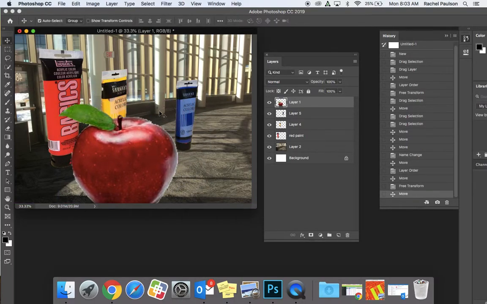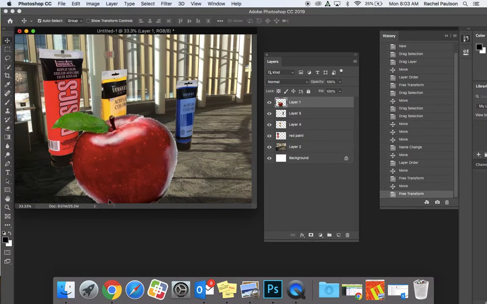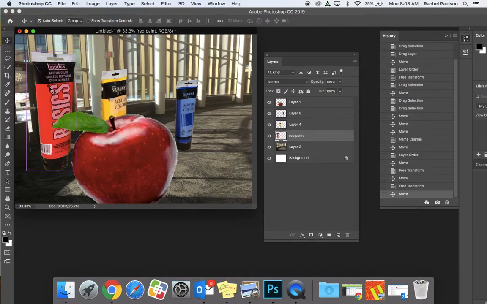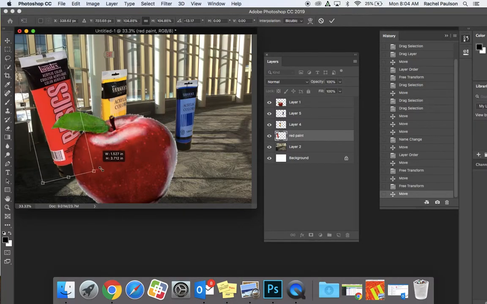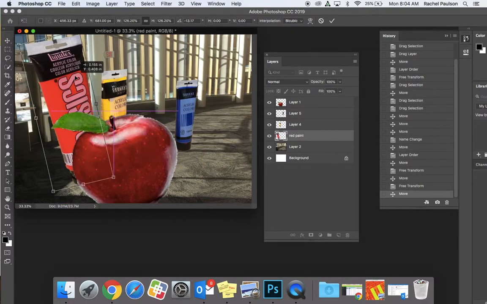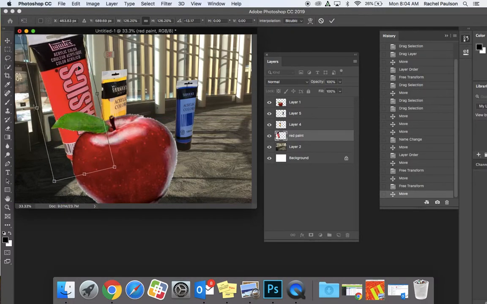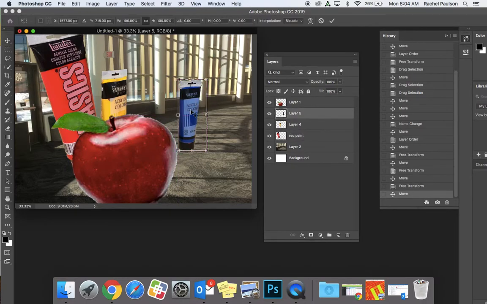Okay, and I'm going to then rotate it. So I'm going to Command T again, and I'm going to rotate it. I want it to kind of sneak off the edge of my page a little bit. Now the red one, I want to Command T, and I want to rotate. I'm just going to pull one of those corners out, and hit Enter when I'm ready. Take the blue one, Command T,